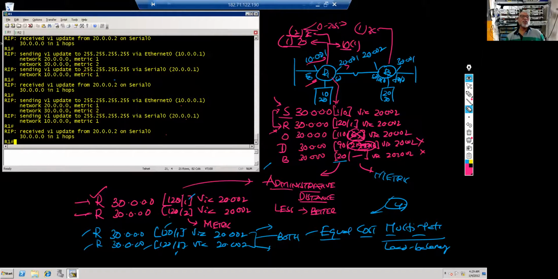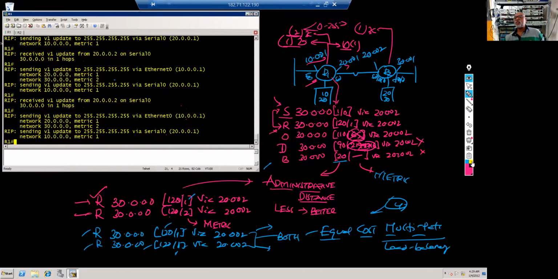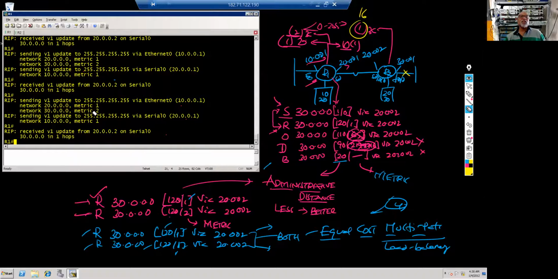Now, what happens if anything goes wrong? Imagine this network is down. So 30 is one, is sending. Now we'll send 30 as 16. So what I am receiving here, 30 network as one hop, I will start receiving it as 16 hops.